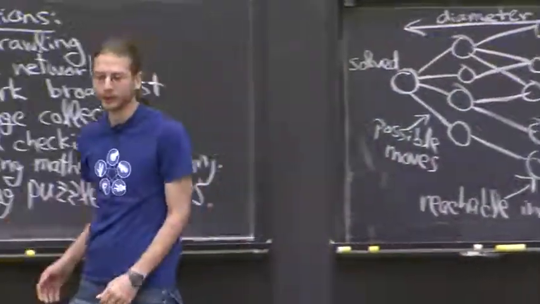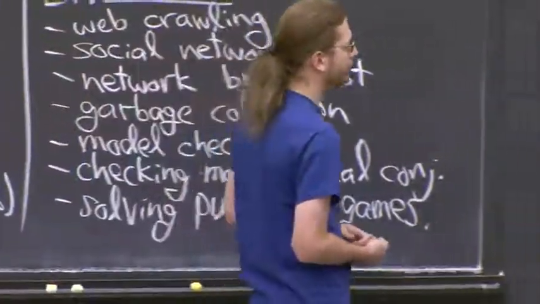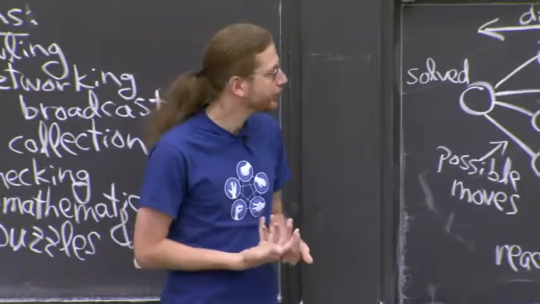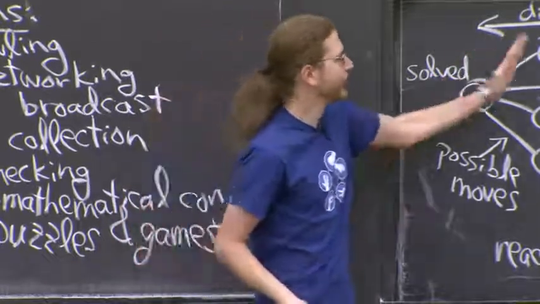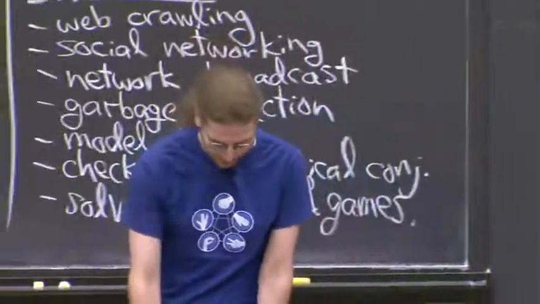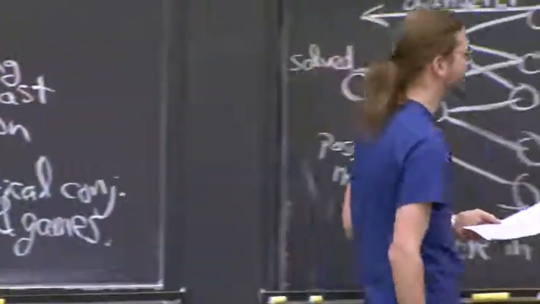And for 3 by 3 by 3, they used a lot of tricks to speed up the algorithm. But in the end, it's essentially a breadth-first search. What's a breadth-first search? This going layer by layer. So we're going to formalize that in a moment. But that is the problem. So just for fun,